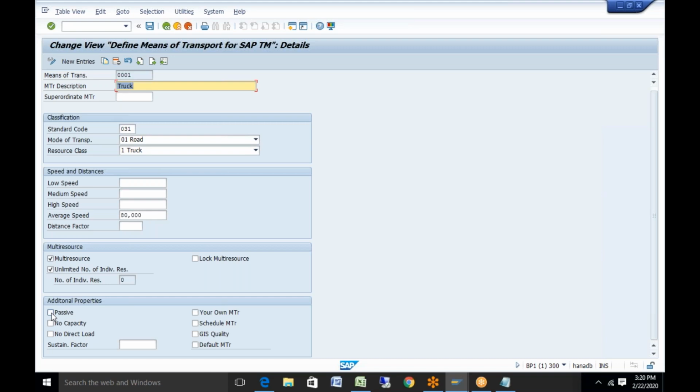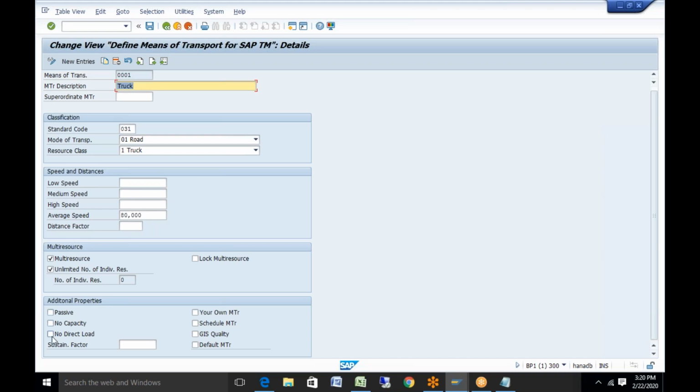If it's an active resource, it can move by itself. If a particular resource cannot move by itself, it is called a passive resource. A passive resource always has to be coupled to an active resource. For example, a truck is an active resource, but a trailer cannot move without a truck, right? So a trailer is a passive resource.